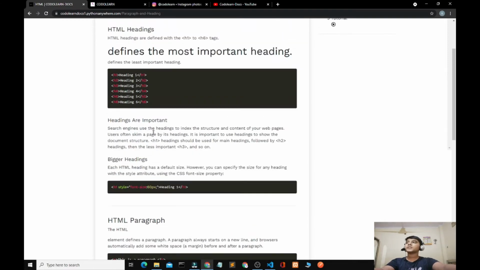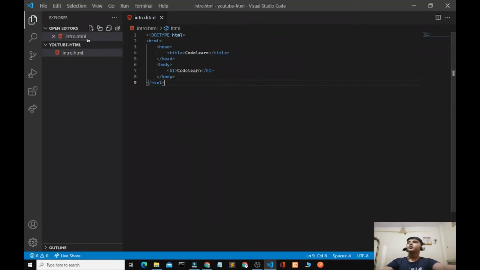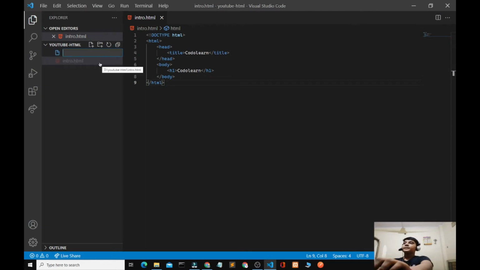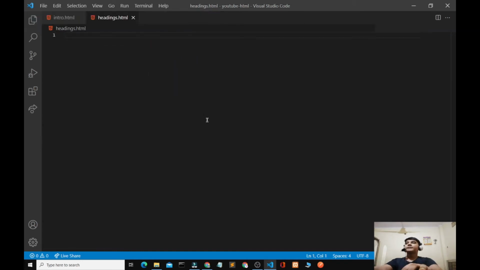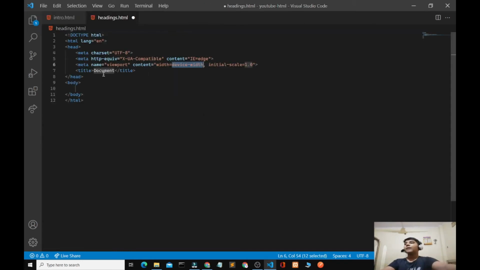Before moving on to the HTML paragraph, let's see how headings work. So let's open Visual Studio Code and create a new file, and that file name is going to be headings.html. Let's close the Explorer and type an exclamation mark, and VS Code automatically makes the boilerplate for us. So guys, here we have to type h1 and let's say hello,